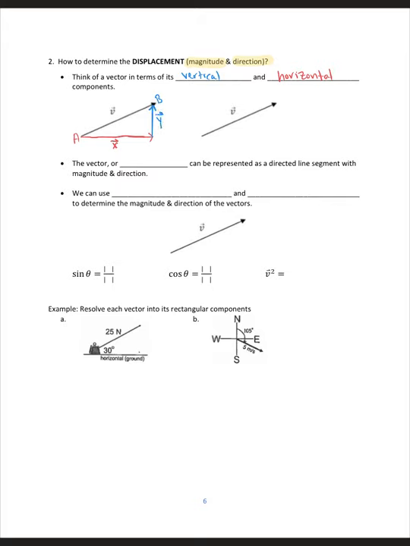Okay, and what we've created there is a perpendicular relationship. So you might see them talk about breaking it down to its perpendicular components, and that is what they're talking about. You might also be asked to break down the vertical and horizontal to its rectangular vector components, but the idea